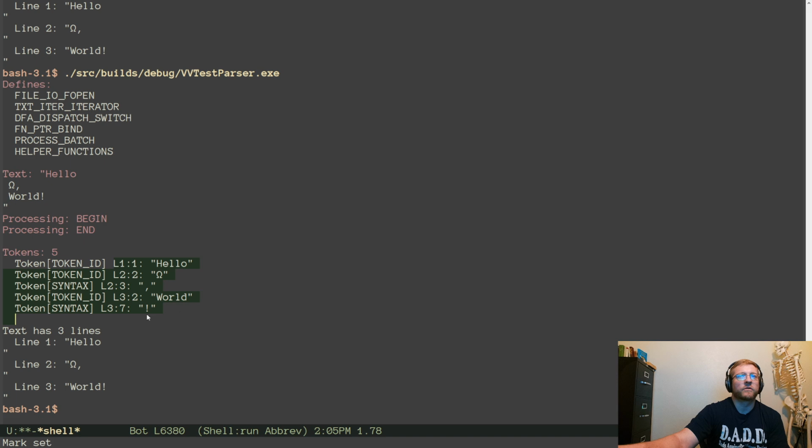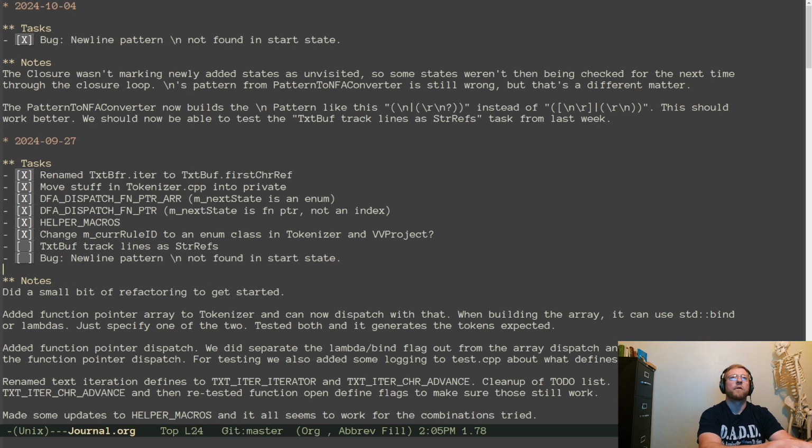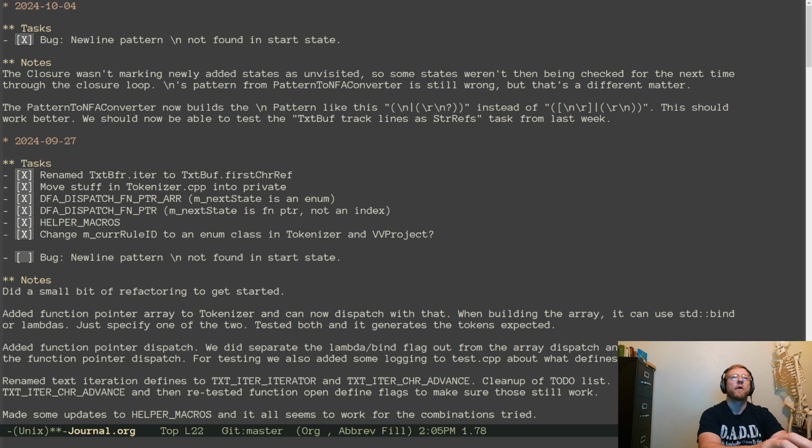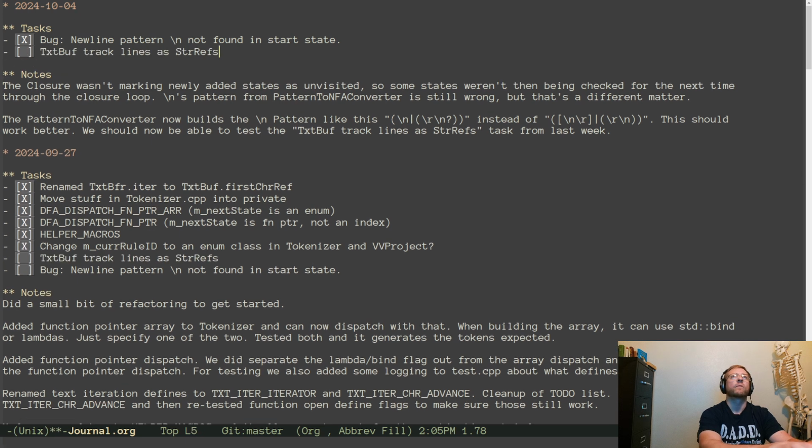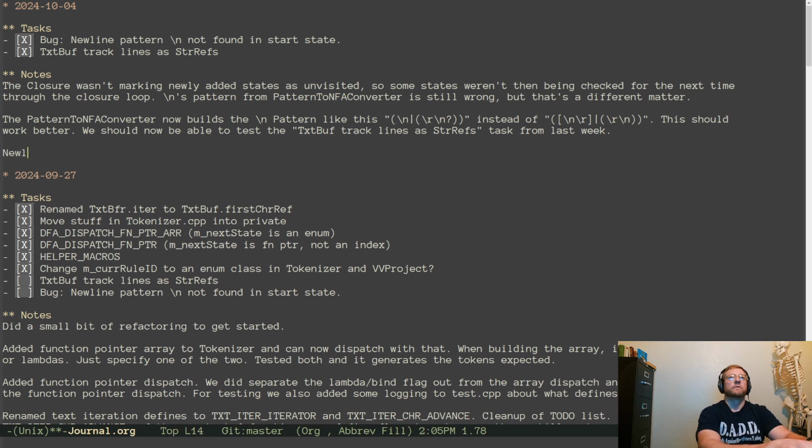If the lines are being numbered correctly. Okay. All right. New lines are being tracked nicely in the tokens now.